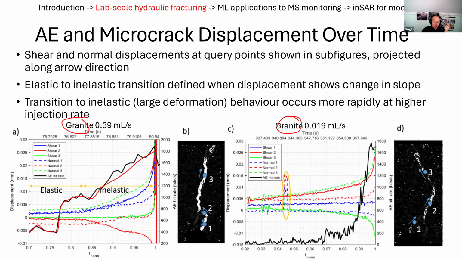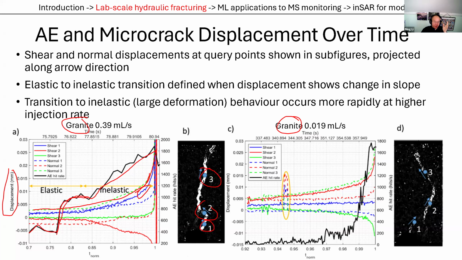And then the dotted lines represent the shear deformation along 3 different points along these microcracks. The thing I wanted to point out is that when you look at the magnitude of these displacements, both the shear and the normal displacements, we can see that they're comparable in magnitude. We got similar amounts of both shear and normal deformation along these microcracks in granites,